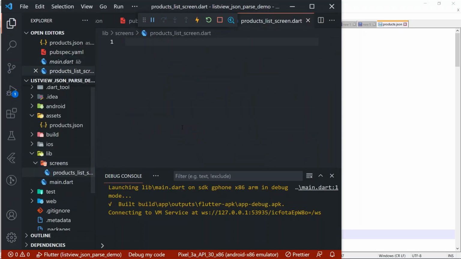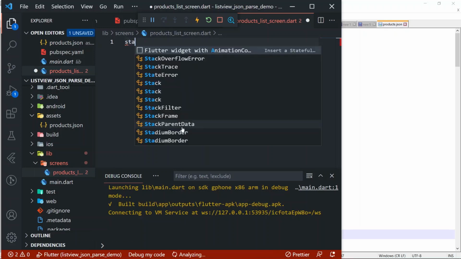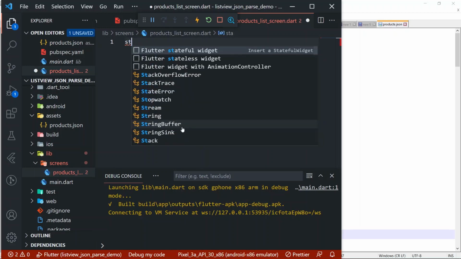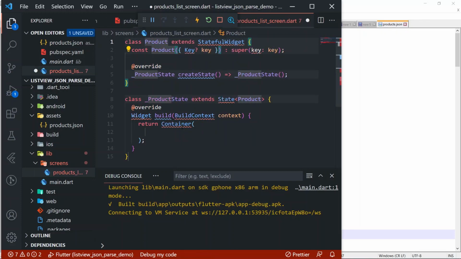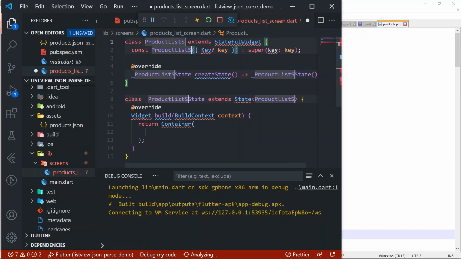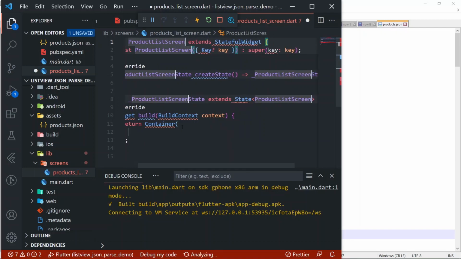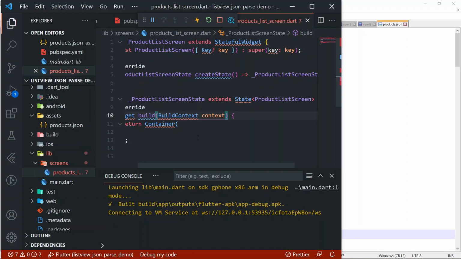Okay, and this is going to be a stateful widget, and I'm going to name it product list screen. Okay,